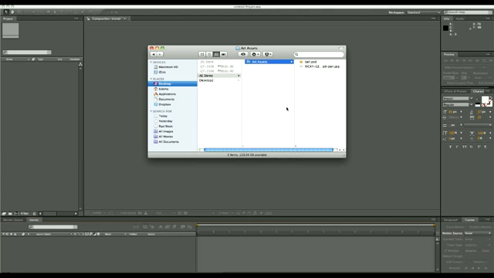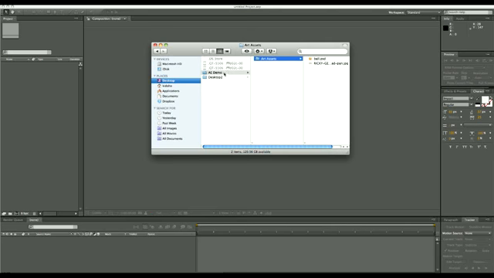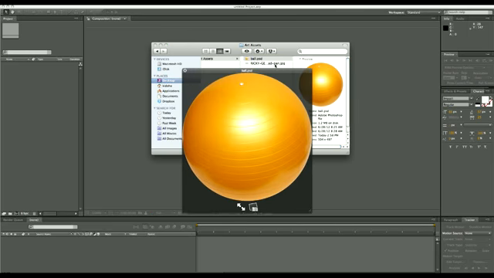Now, since all these different assets are actually linked to the main project file, organization is key. Organization is a must, because if you start changing the location of the files on your hard drive, it will in essence break your project, and Adobe After Effects will not know what to do. So what I did as part of this demo is I created a demo-specific folder, and I created an art asset subfolder within it. Then I took these two different art assets that I have, the ball.psd, right, which is